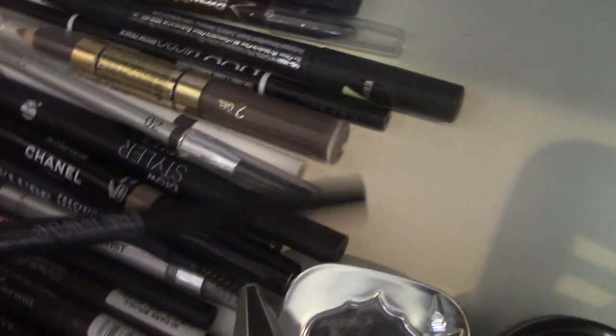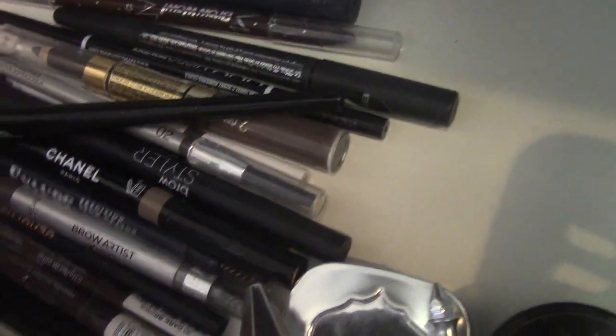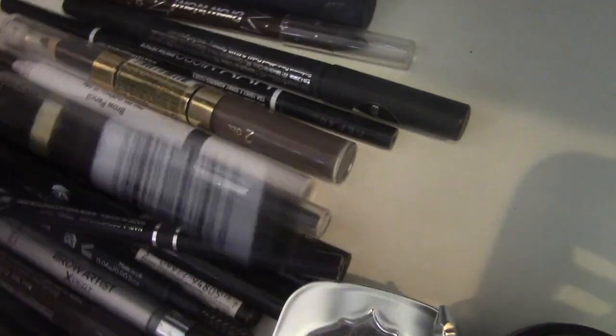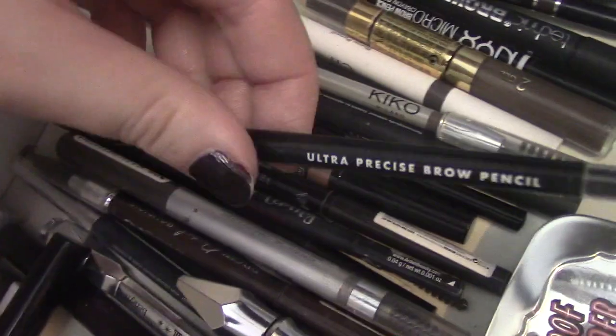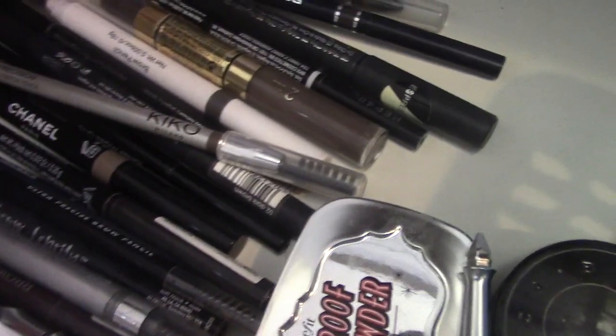This BH Cosmetics Duo Brow Pencil, one of my favourites. I really like the Nabla Brow Define. I tried that recently, along with the Max Factor Brow Shaper, which is also another really good one. And also the e.l.f. Ultra Precise Brow Pencil is another one I really like. I found it really hard to distinguish between all of those ones I've just mentioned,